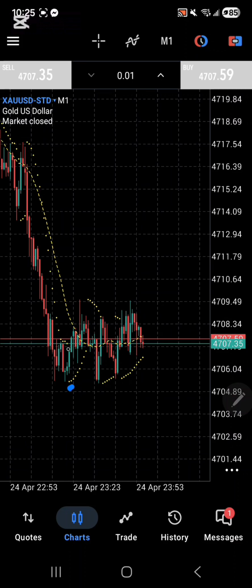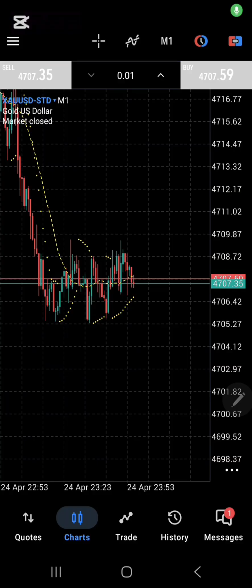As you can see here, one of the candles hit the dot and then the trend reverses. This will continue until the next candle hits the dot and then it's going to reverse. So it indicates stops and reversal. You can also set your stop losses on these dots, and if you're trailing your stop loss, you can also use this as a reference.